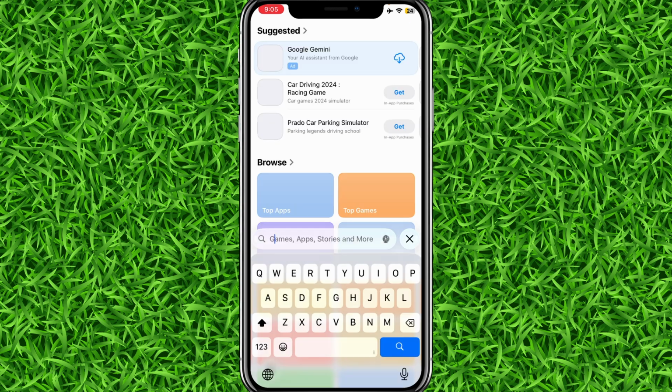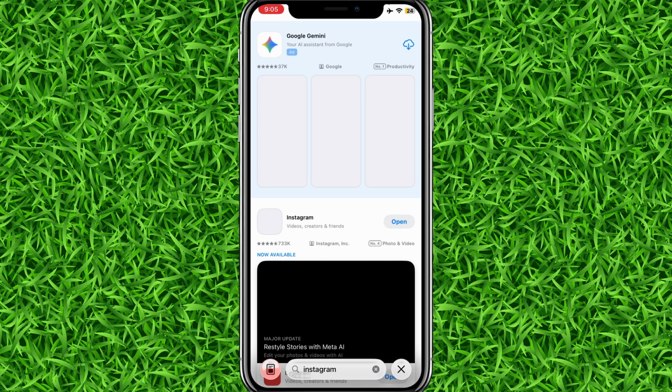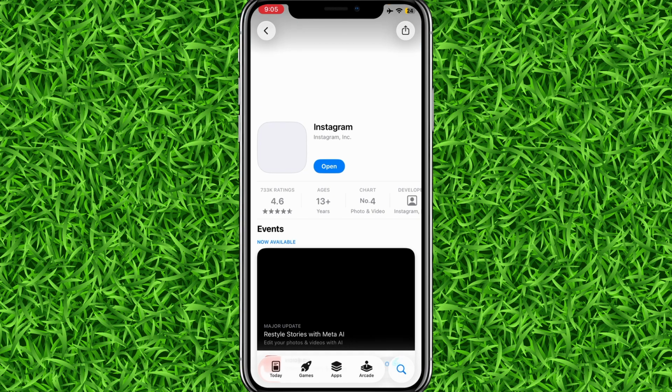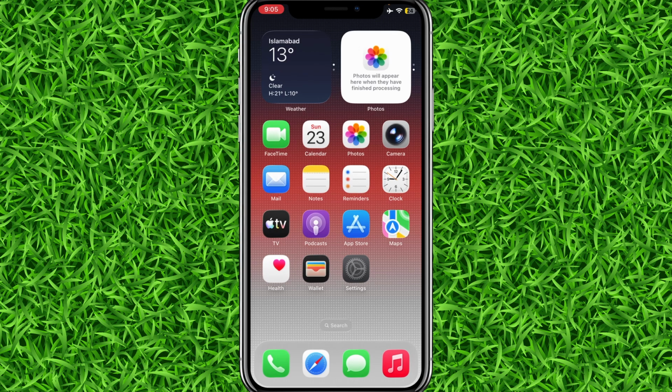App Store, and after opening it you would have to search for Instagram, then tap on Instagram, and if it says update you can simply tap on update. But if it still doesn't work, you can simply go to settings,